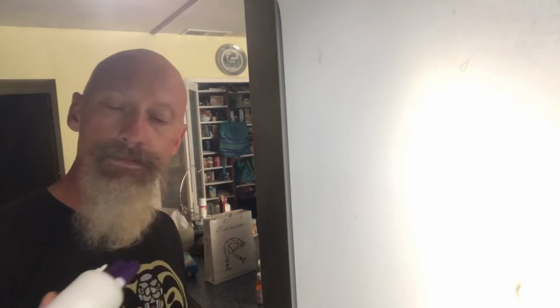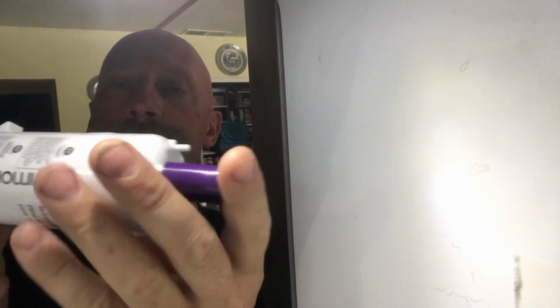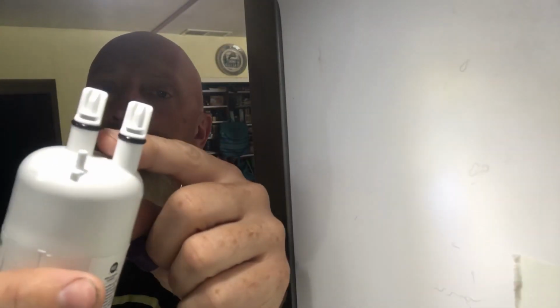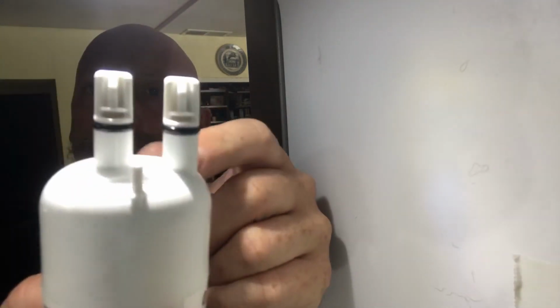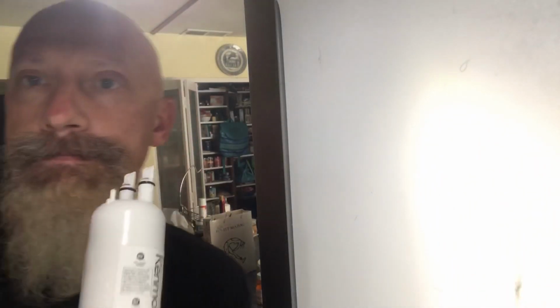Get your filter. Now, usually when you get these filters, I've had different types. This one has a little plastic cap. The other one that I had on my last fridge just had one little inlet, but the same kind of little cap. So you pull the cap off of it,